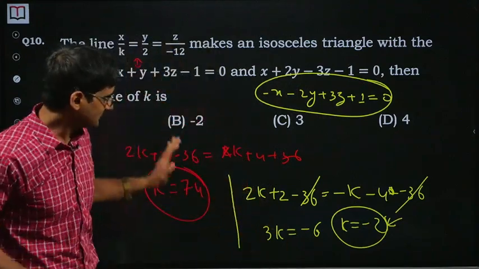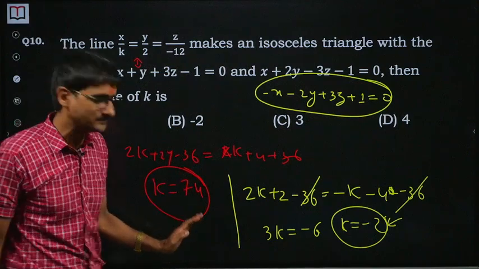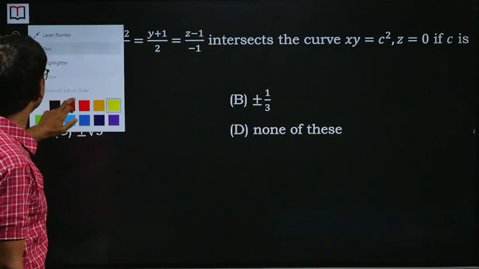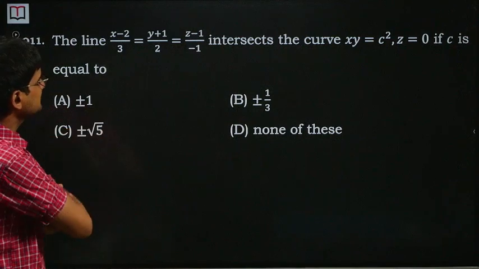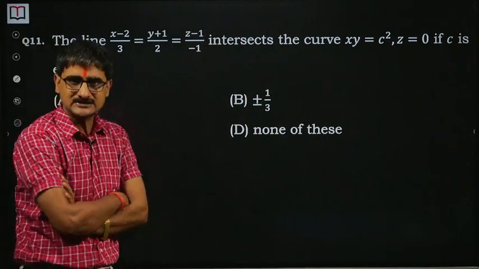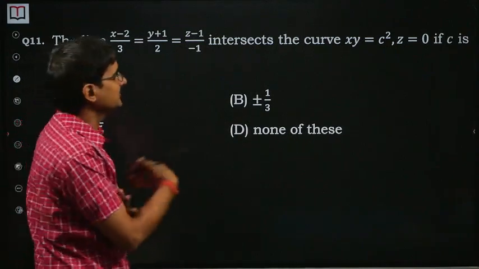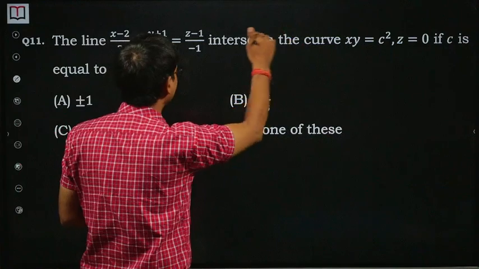So I tried to get it. Since that was not an option, I just considered this to be the one and we got the answer. So now moving to the last question, I suppose. The line intersects the curve. Again, that's a simple question according to me also. The only idea of using it is z is equal to 0. So you have to get it.